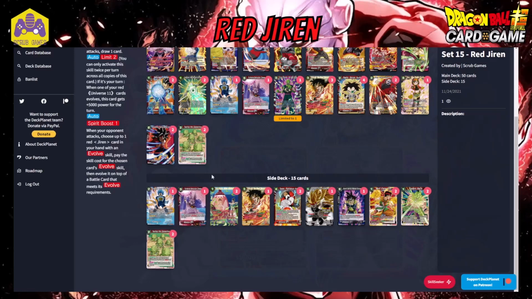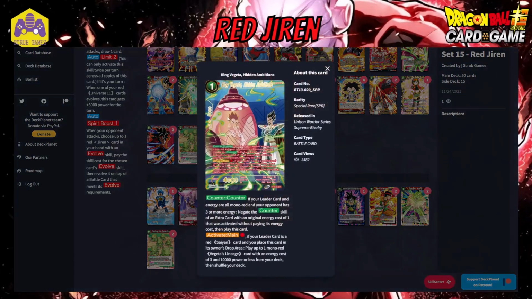Never Champion if need be. We also have 2 of Hidden King Vegeta Hidden Ambitions. This is a very handy card against those free play 1 cost negates like Dormant, as well as Wolfang Fist, those ones which are also the same thing as Dormant, like D Magic and stuff like that. This is a handy card to help counter those if you're against certain decks that have